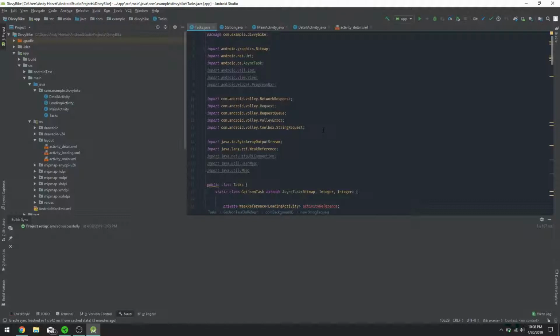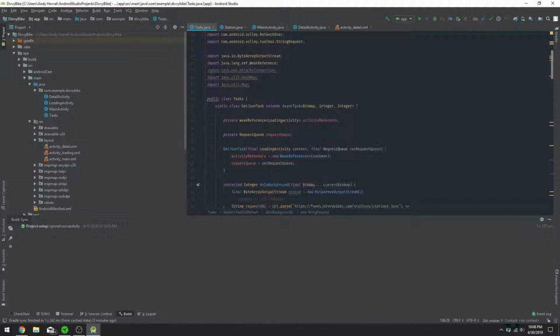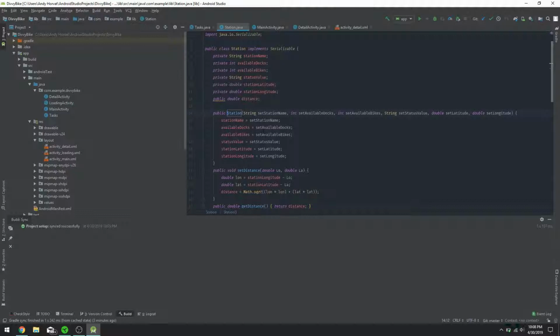This is our tasks class. This is where we make our async task call for our API. This is our station class. This is where we create an object for each station and store variables about it that we display in the